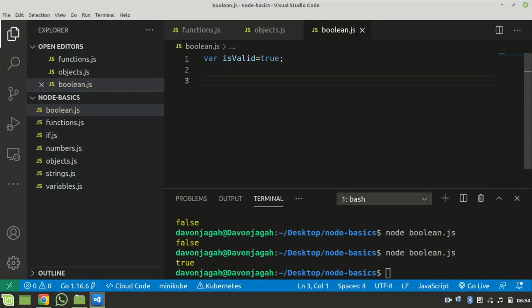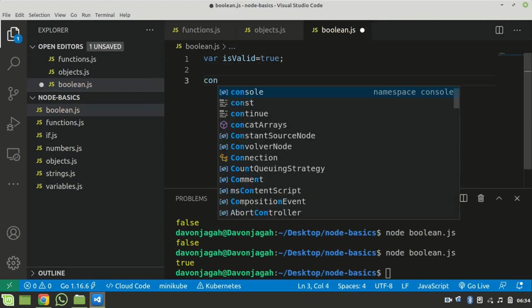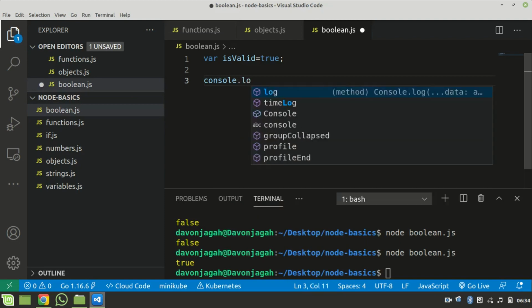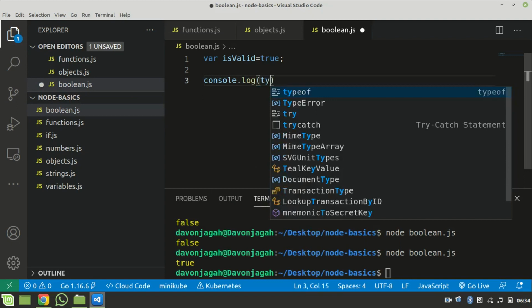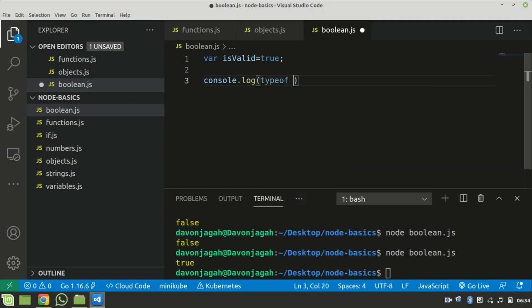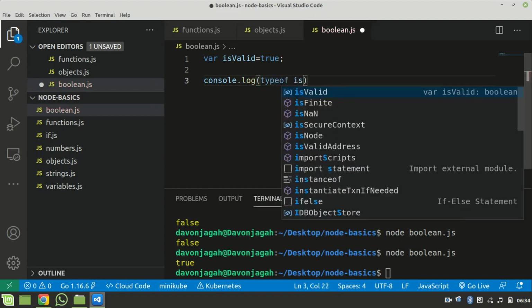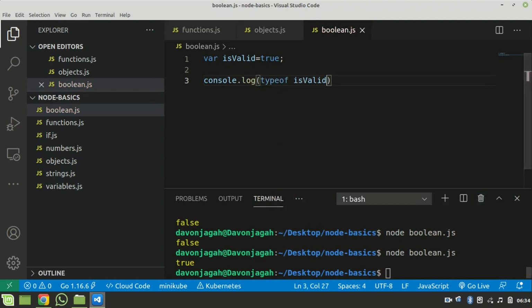So if we just say console.log, then we use the typeof, and we say typeof isValid. You can see here that it tells us that the data type for this isValid variable